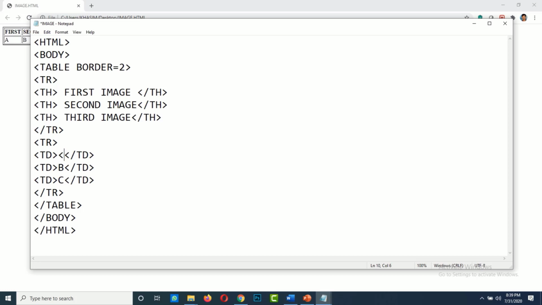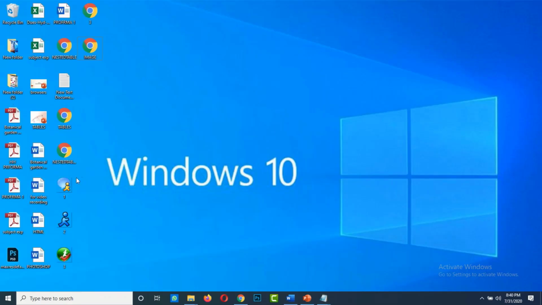For that, write img src, which means source, equals 1.png. Whatever file format it may be, you have to write the exact file format. Instead of B, I am displaying 2.png, and instead of C, I am going to display 3.png. These three, 1.png, 2.png and 3.png, are the images which are stored on my desktop. See here.